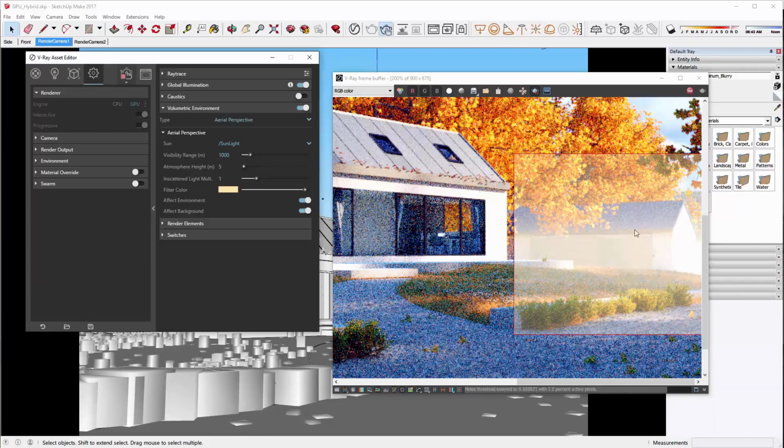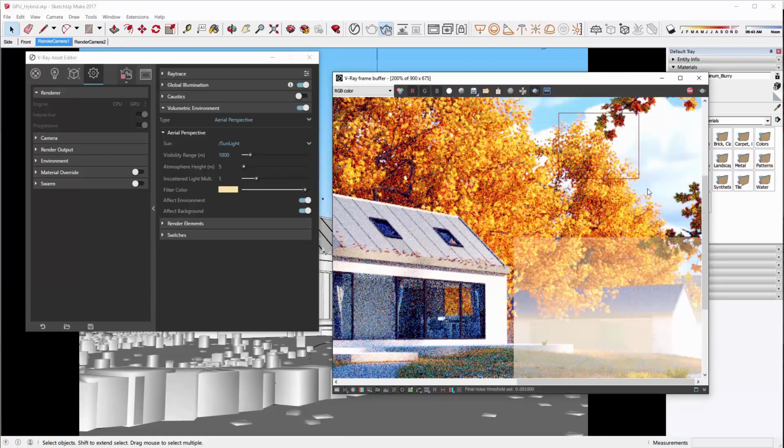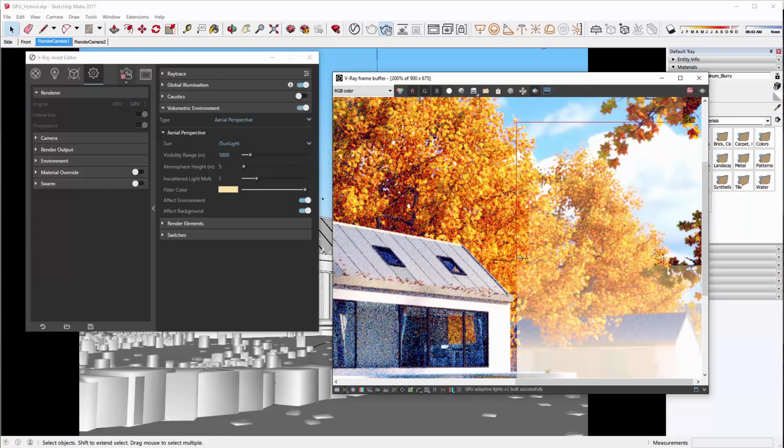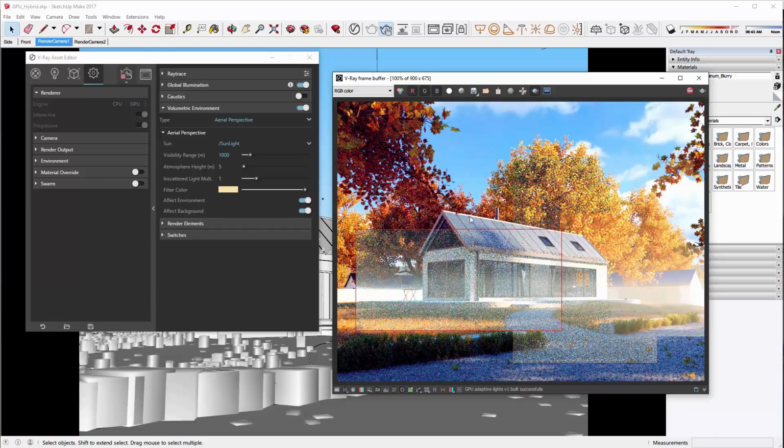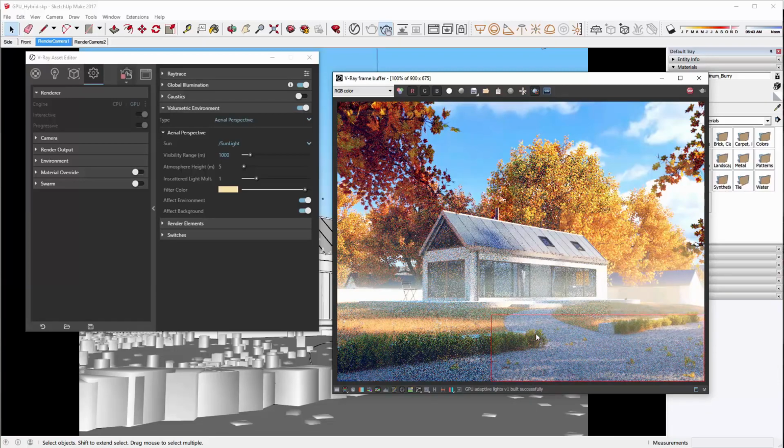So basically, if I render the top part of the image, you're not going to be able to see fog. So I can show you that right now. You can barely see any fog up there. So most of the fog is, like I said, near the ground. And you can get pretty good, let's say, dramatic results if you want to make a spooky atmosphere or something like that. Like I said, you can't see anything on the top, but at the bottom you got lots of fog. So that's one way you can set up the fog if that's what you like.